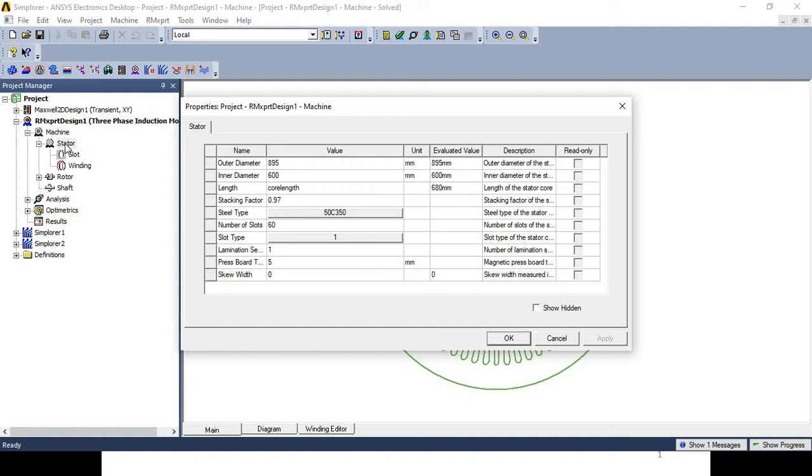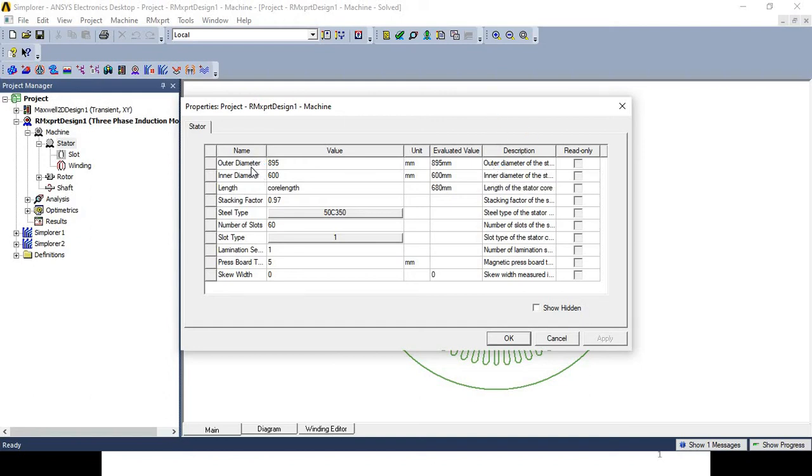Similar to the machine design input parameters, here also the table is divided into different parts: name, value, unit, estimated value, description. If you do not have a detailed idea about any input parameter, you can go through the description.